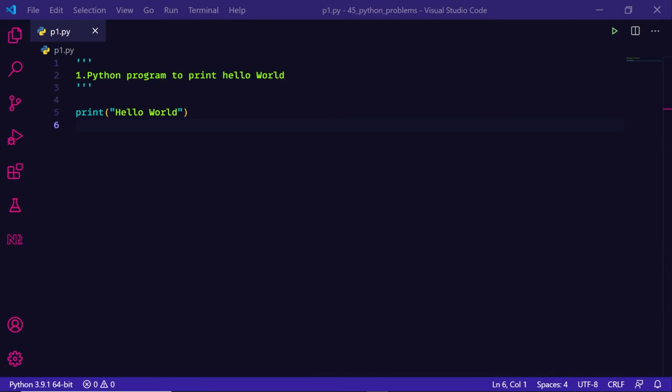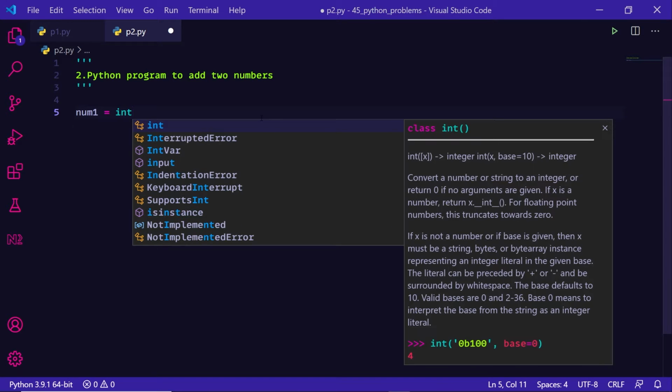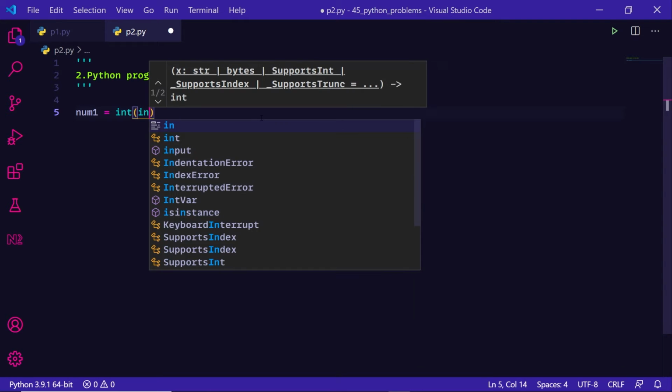Just after finishing our problem number 1, let's get and open our problem number 2. Problem 2. Write a Python program to add two numbers. So here I will teach you how to get input from numbers. Let's say I have num1, a variable, which I'm going to take as an integer input,